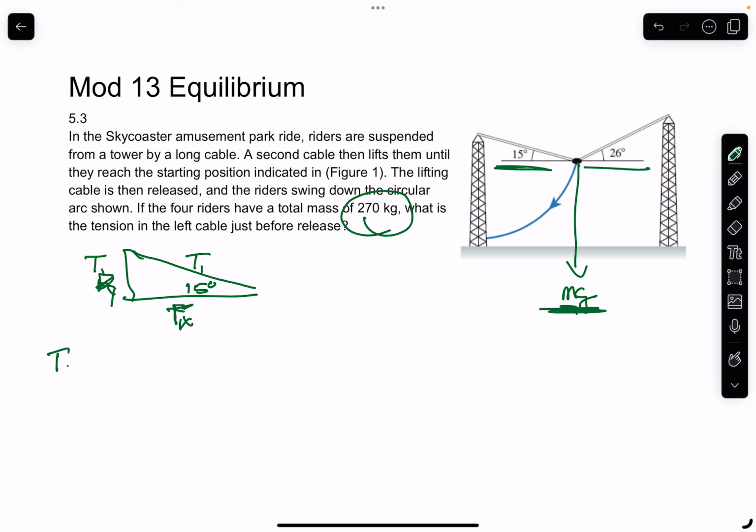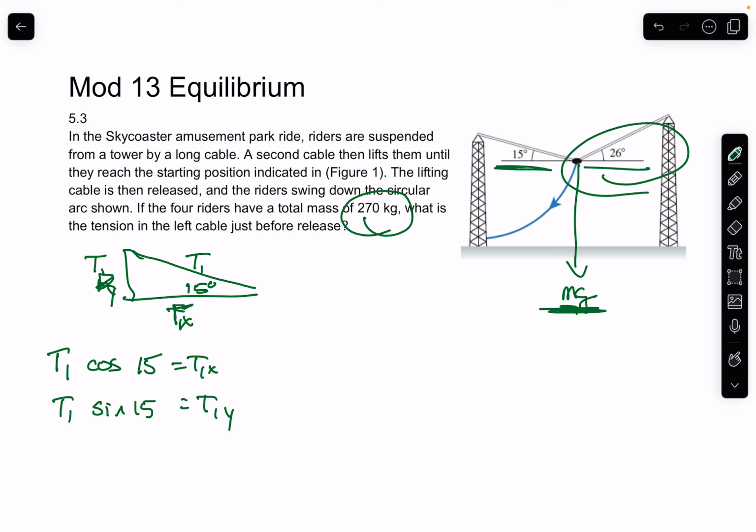So T1 times the cosine of 15 equals T1x, right? And T1 sine 15 equals T1y. And then on the other side, the 26 degree deal, it'll just be called this T2. So you'll say T2 cos 26 equals T2x, and T2 sine 26